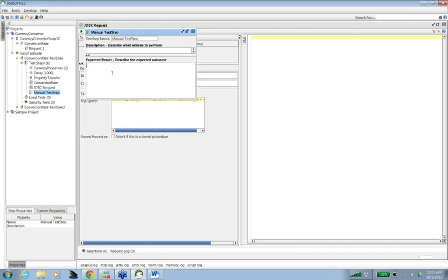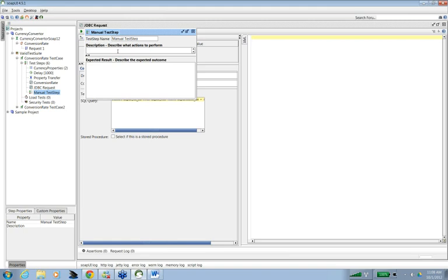So I cannot automate it. If I have to test the web service, I need to know whether that particular owner has received that email or not. So this is a classic example that everything cannot be automated. Some things you need to do manually. So you manually have to go and log in to that particular email account and check whether you have received that email or not. So there can be certain manual test steps in your test cases. In a manual test step, you need to write the steps you want to add.